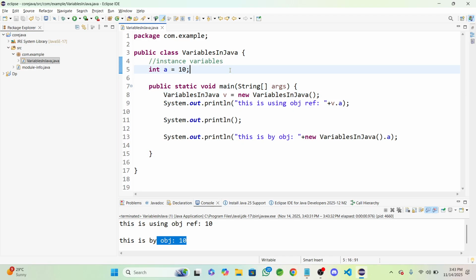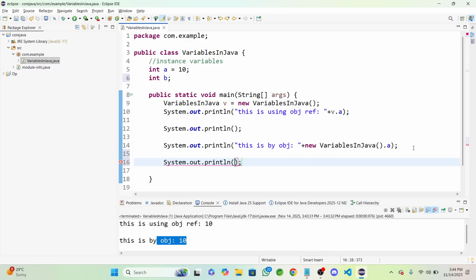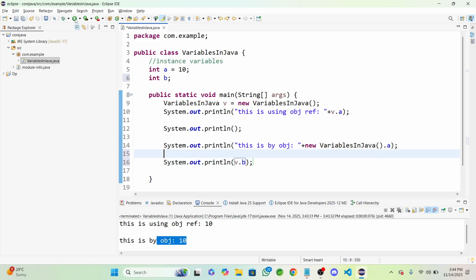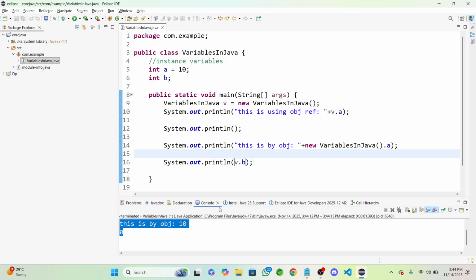Okay, and what is the default value? Okay, if I take int of b, just declaration has been done, so I want to print that. v dot b, what is the output you are going to get? Just guess that and comment me below. You are going to get the 0, right? As we have already seen about this, right? Yeah, after that we go for